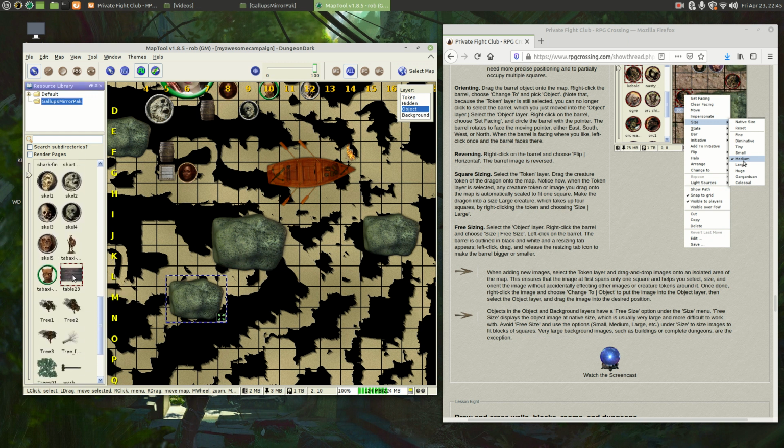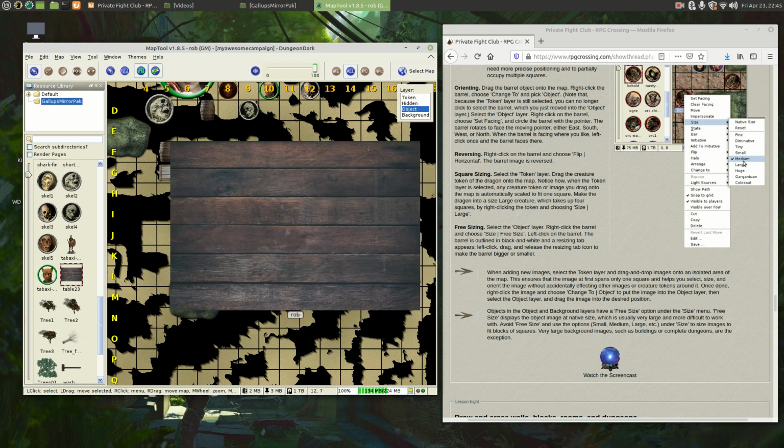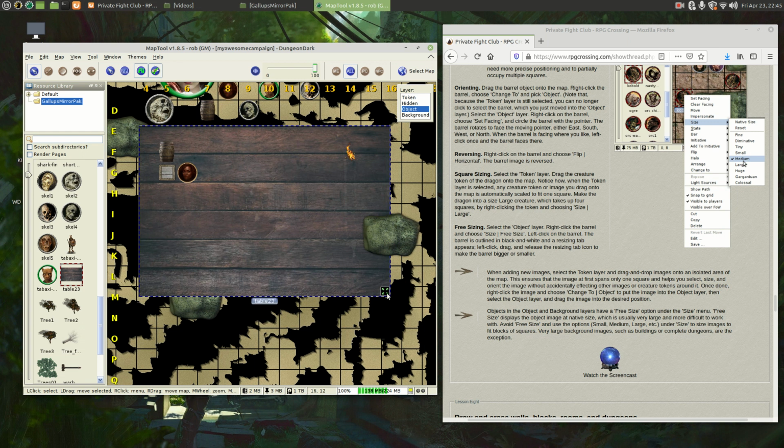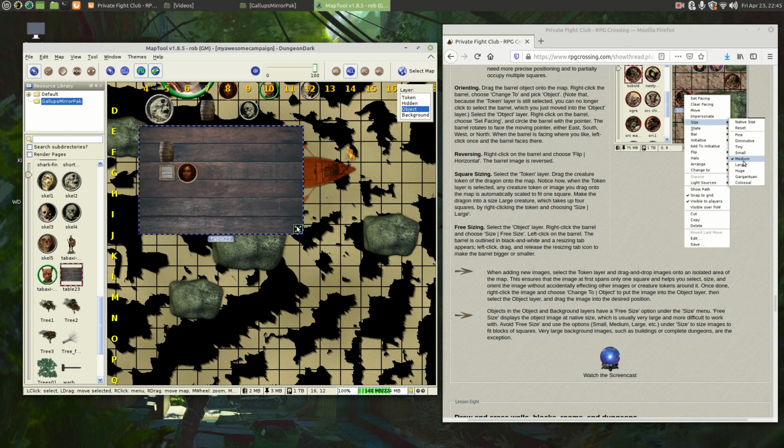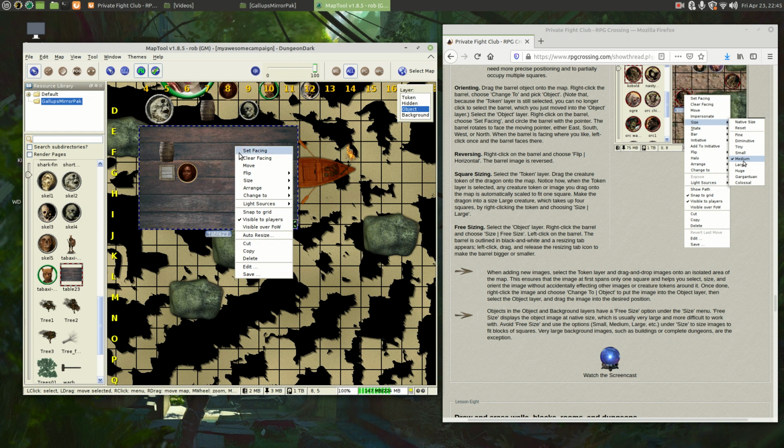Like this file here, table 23, is this great big honking image relative to these other images that are smaller, by pixel size, by dimensions. And so you can see by right-clicking on it and looking at size, the default in the object layer, when you drop an object here, is free size. It's going to appear at the actual size of the image and dimensions. This can be